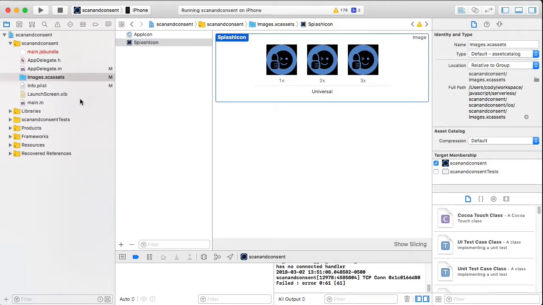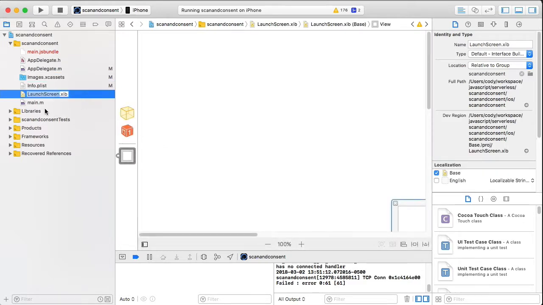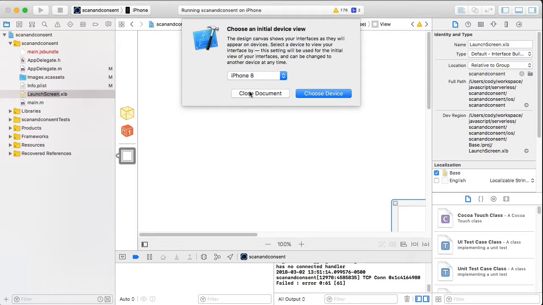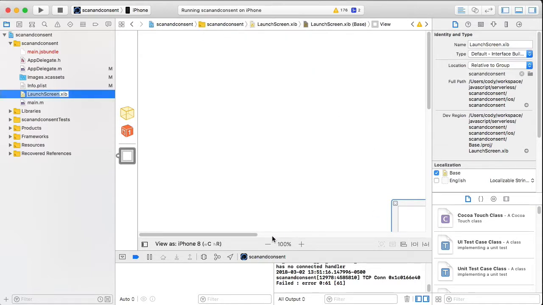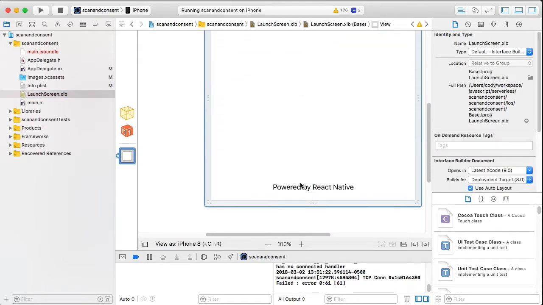Right, so we actually have to add the images to the launch screen, so let's bring that up. And that's fine, iPhone 8's fine for initial view. And then what we're going to do is find the existing React Native elements on there, and we're just going to delete them. And then we're going to drag out an